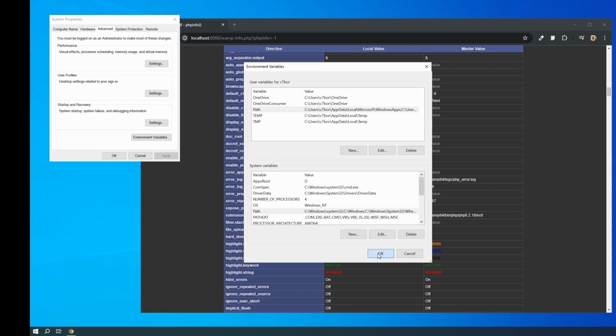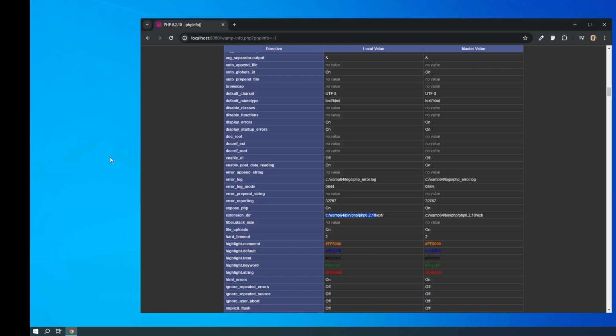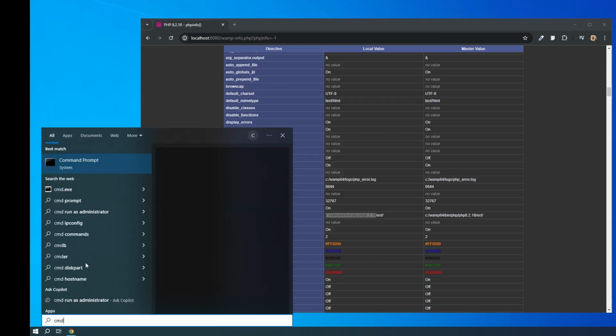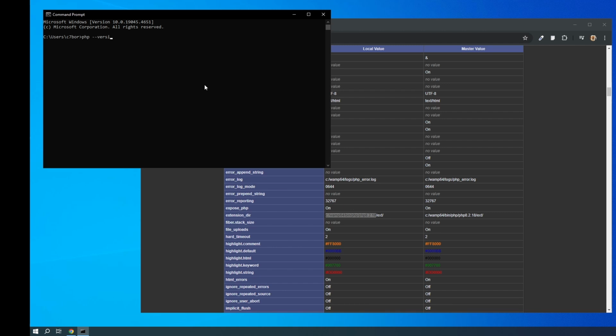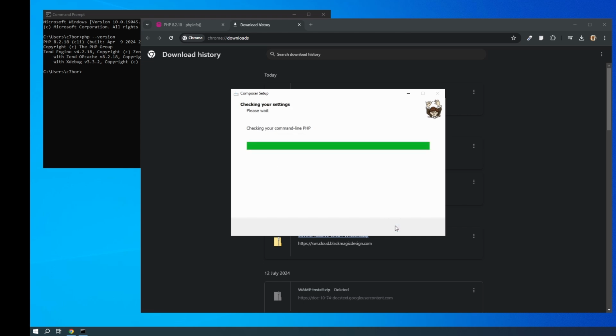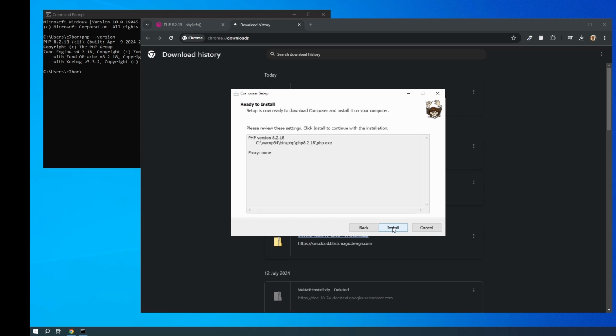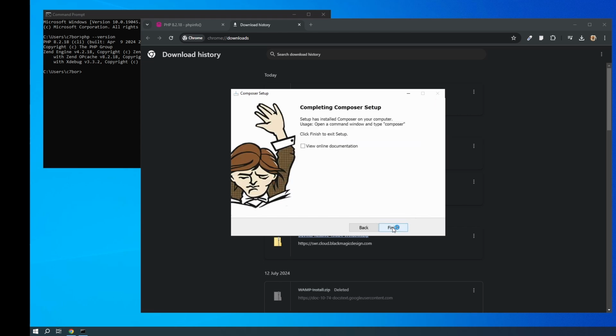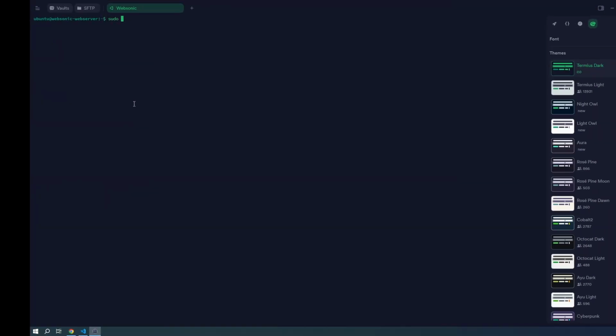With that done, we can close our windows and open a command prompt where we can type in php -v to confirm PHP can be accessed from anywhere. Now we can finish the installation process by following the prompts. For Linux, the process is considerably quicker and we'll install Composer and the PHP library in two commands. The first being sudo apt install composer, and the second, ensuring that you're in the project folder, type composer require